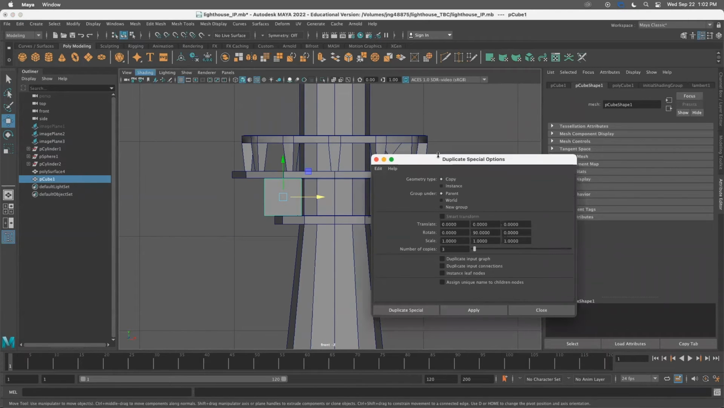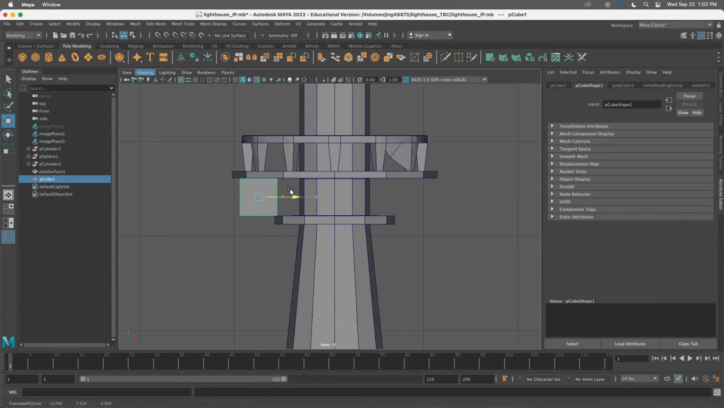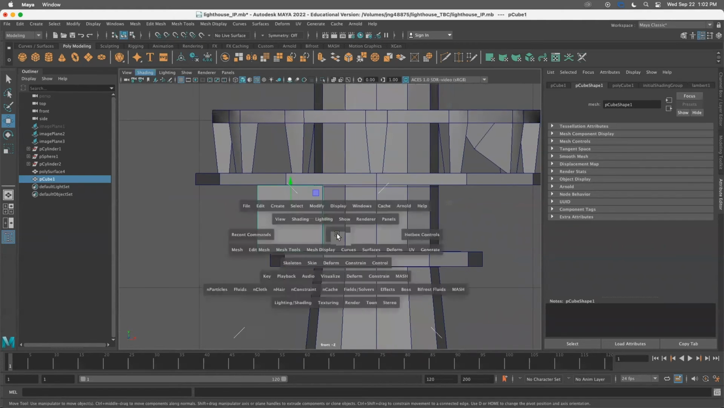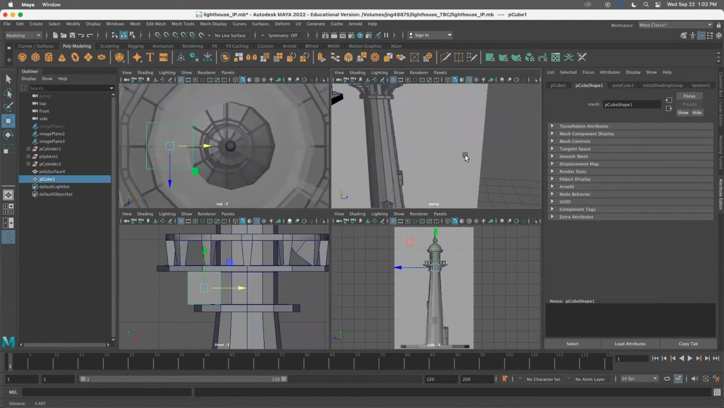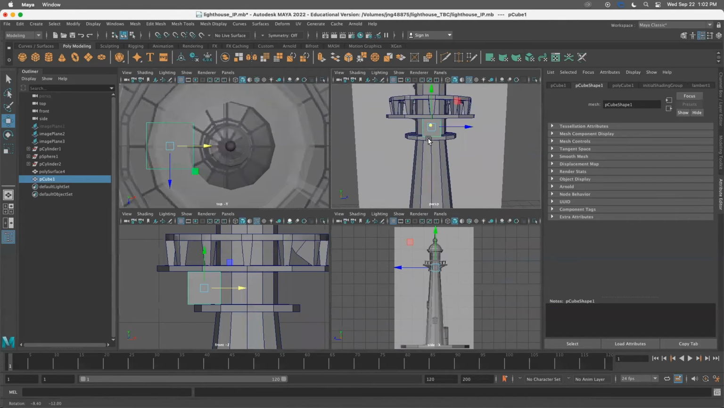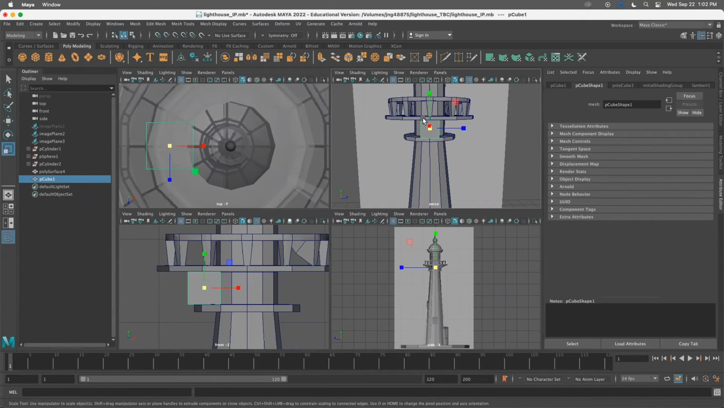Do you remember this duplicate special option? Okay, here's the number of copies. We should type 5 to make a total number of supports 6. That's what we want. So first of all, we need to make 1 support. I'm going to place it right here. And let's go to our perspective view. All right, it's pretty thick. Looks very solid, but I'd like to make this a little bit